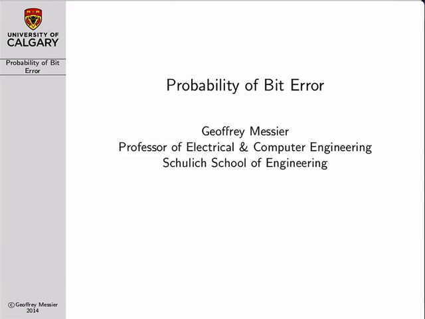Although, to be strictly correct, probability of bit error is how we refer to reliability estimates that we derive using analytical expressions or equations. And bit error rate refers more to the experimental measurement of the reliability of a system by sending a bunch of bits through it and then counting the number of errors. In this module, we are going to focus on determining probability of bit error using equations or analytical expressions rather